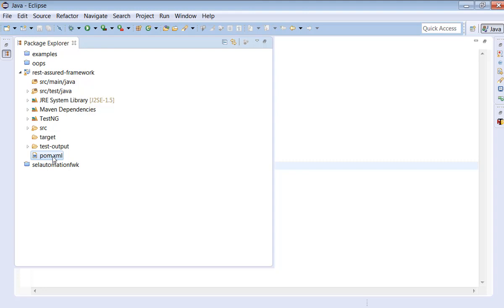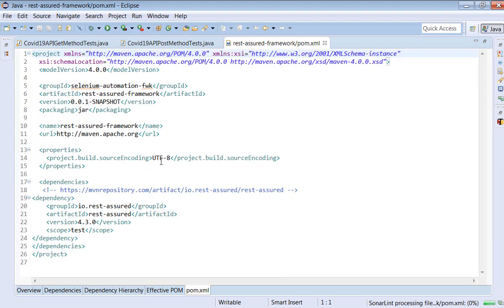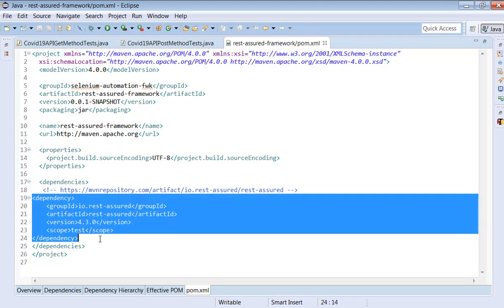Open pom.xml file. Okay, it is taking some time, but it is loading here. You can see the REST Assured, version 4.3.0. That's the only prerequisite which is required for REST Assured. We don't require any other dependencies. But one dependency that is required is TestNG. Why? Because we're going to automate test cases using TestNG. We can add the TestNG dependency as well.